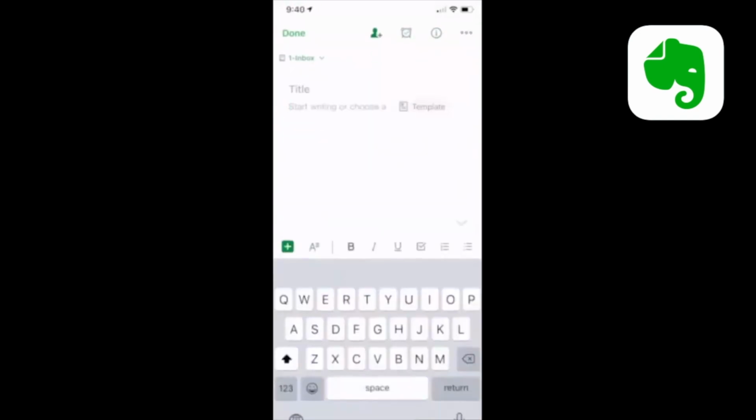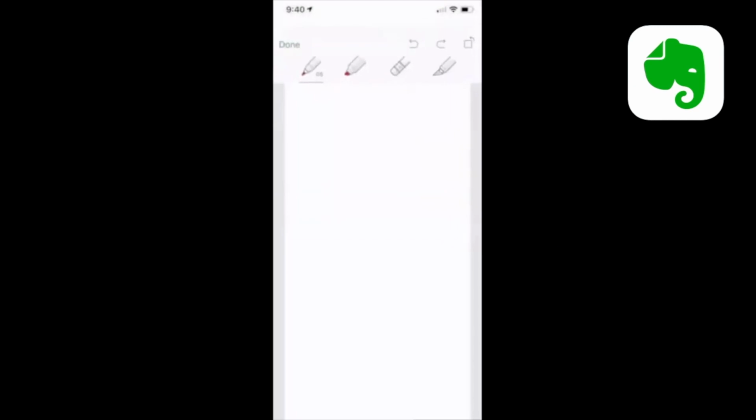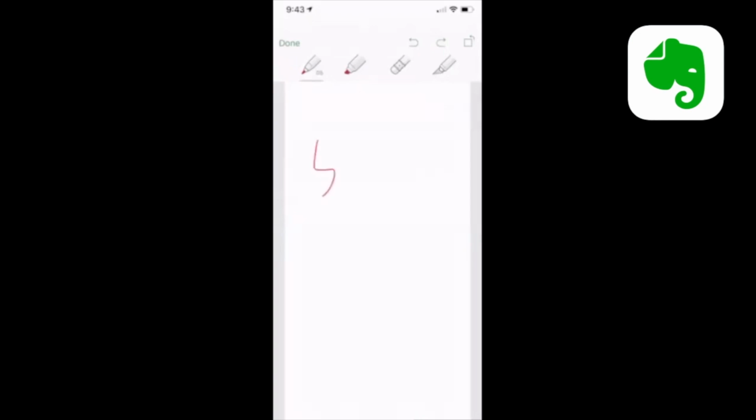You can draw anything using the Evernote mobile app, or write a phone number, or take a quick note using the draw feature. I'll show you some small examples, like you are in discussions with your friends or family and you want to make a note of any important thing, and instead of typing, you can just open this draw feature and start writing it, whether it is a phone number or a receipt number or even a quick note over there.